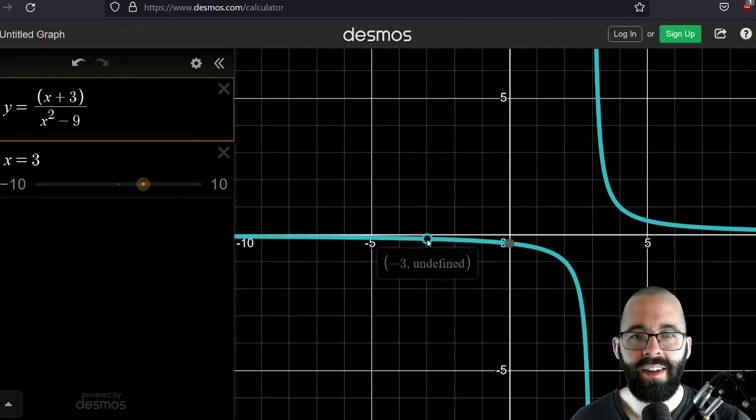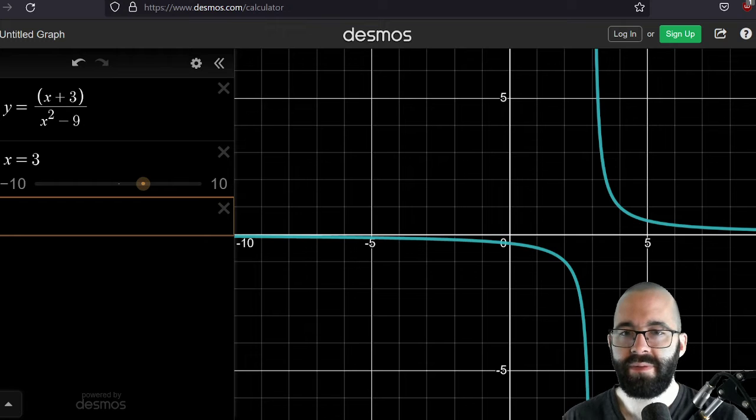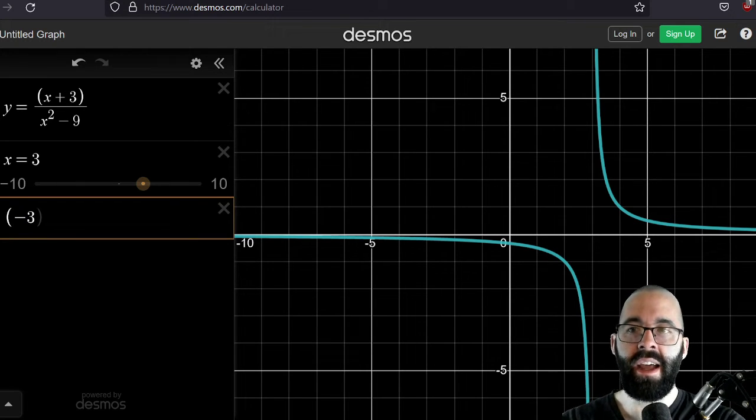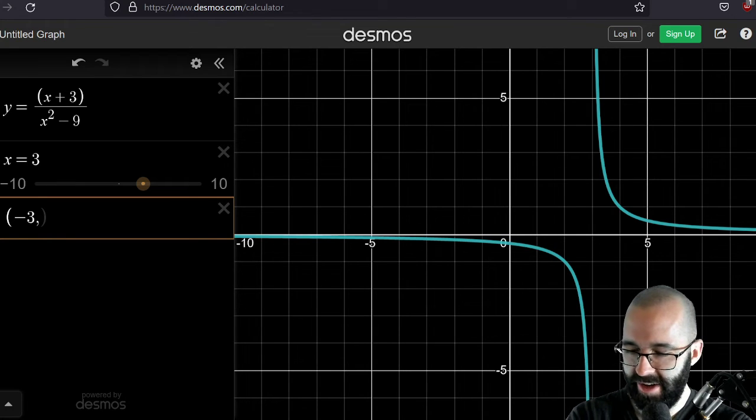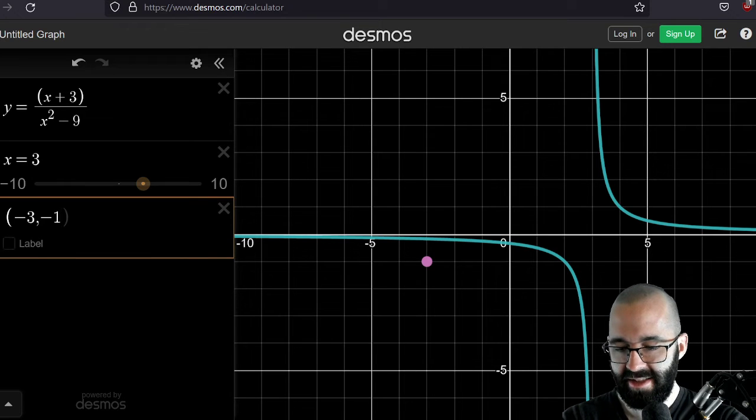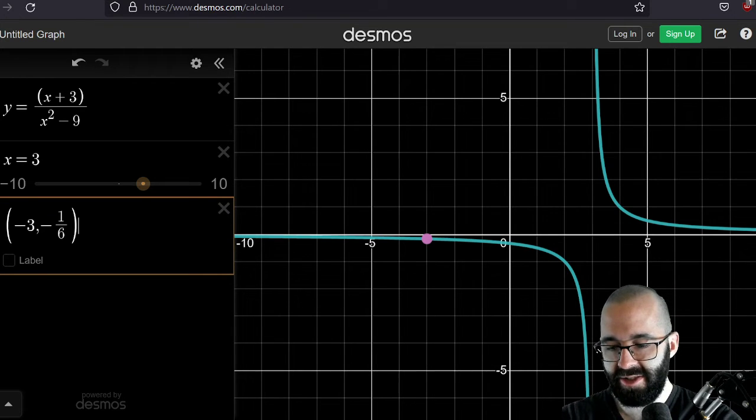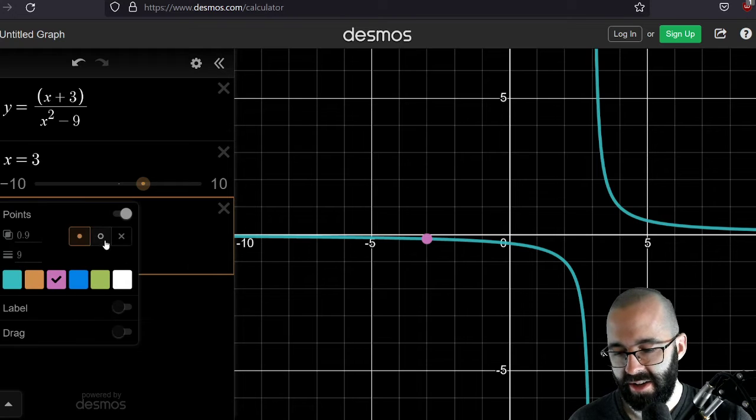Oh. There's a hole right here in the graph. We can plug in everything around negative 3. But negative 3 itself is not defined, because if you look at this function and plug in negative 3, you're going to get 0 divided by 0. So in this case, there's a hole at the point negative 3, comma, hold on, negative a sixth. Is that right? Yeah, so there's a hole right here